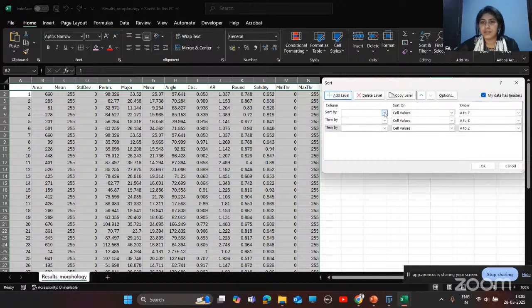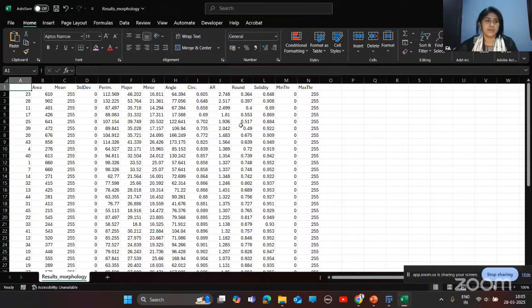Based on circularity, roundness and perimeter, we'll differentiate these cells. We'll put smallest to largest value for all these levels, and then I'll click OK.